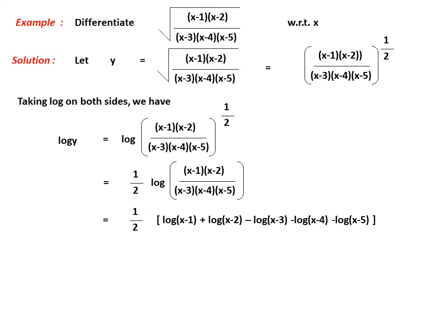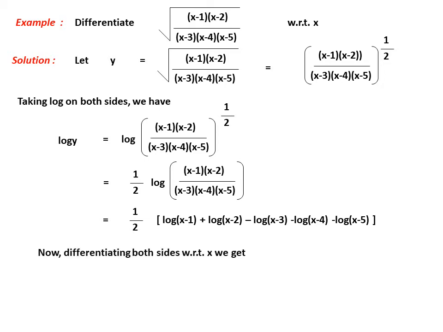So when you write this one, it will be log (x minus 1) plus log (x minus 2), because above you have to use the product rule. Below also the product rule after minus, because you have to use the log m by n rule. Then log (x minus 3) plus log (x minus 4) plus log (x minus 5), that becomes an addition. But the outside minus sign is there. So this is the thing you have to practice. I told you in the previous class also how to directly simplify using log.